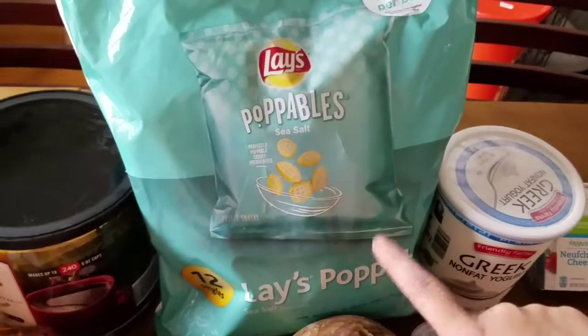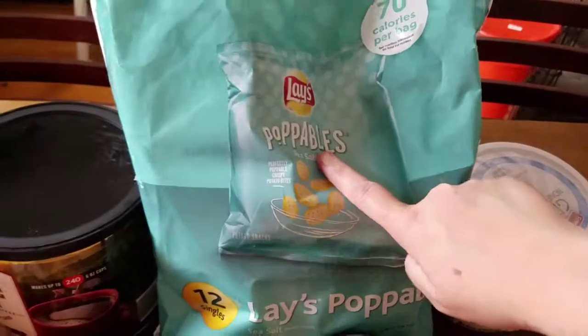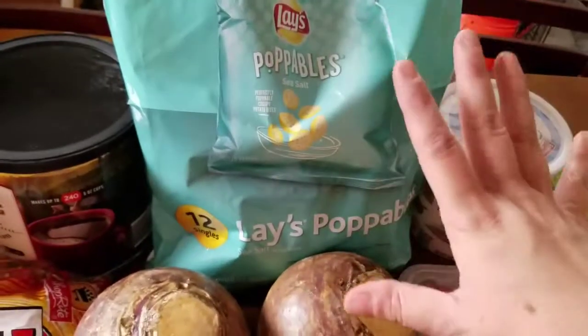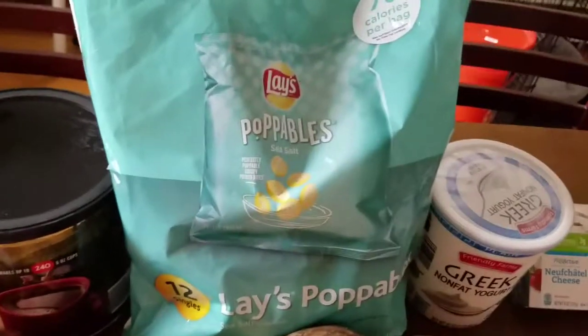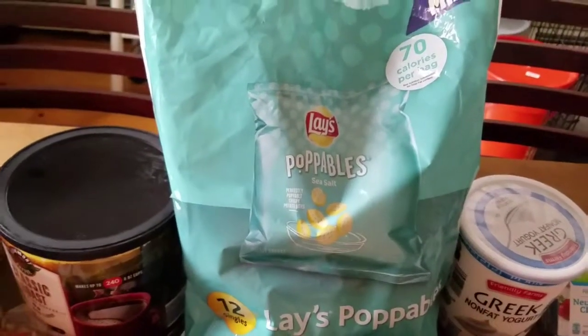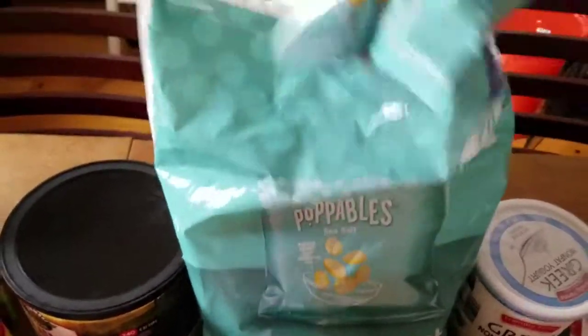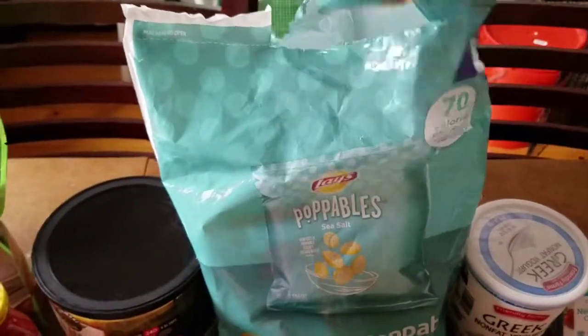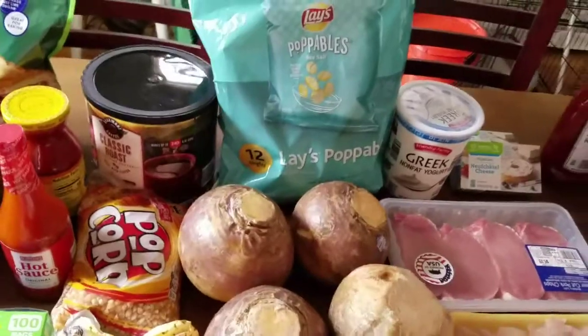These, I have been searching everywhere for since I started Weight Watchers. They're the poppables, which I found like the regular bag, but I specifically have been looking for the singles bags because it's easier to count out points wise. Each bag of these, and yes, I did open them already, each individual bag is 2 points, so it's a 2-point snack if I want chips, which I find that if it's individually wrapped, I do better